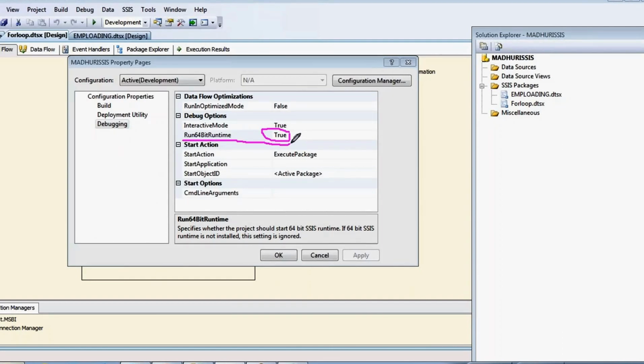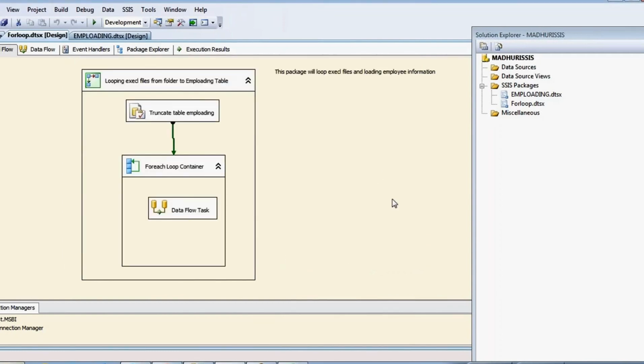In the 64-bit runtime, SSIS does not recognize the Excel connection managers, so you have to run this in 32-bit mode. If you make this false, it will automatically run in 32-bit mode. Click apply, click OK. Now I'm going to execute this package.